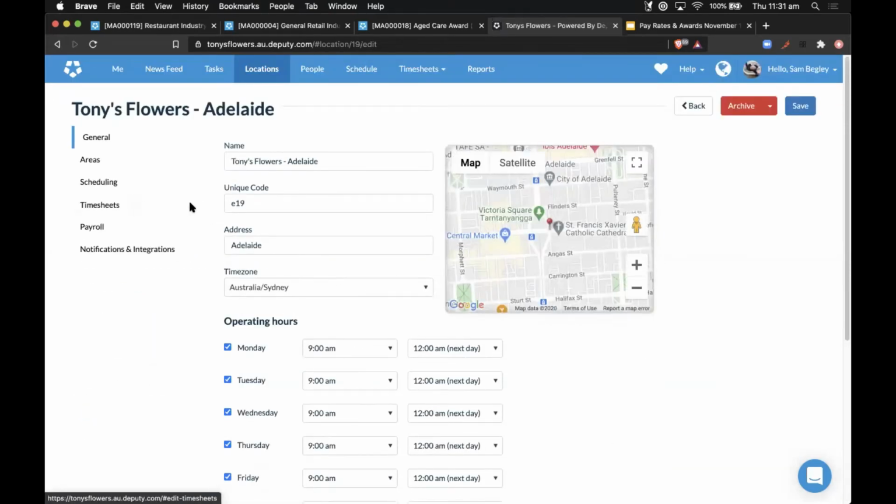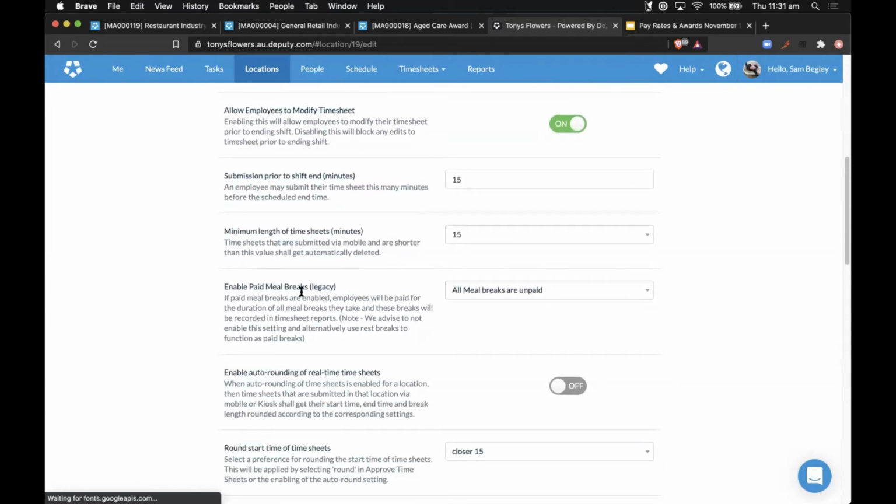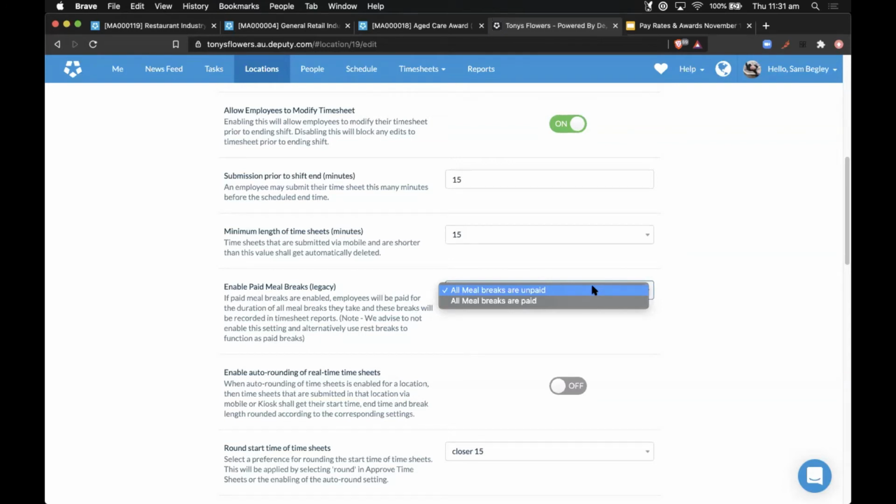And when we go to the timesheet section and we scroll down, you'll see that here you've got enable meal breaks. And so basically, if you have meal breaks as unpaid, when you record that, it'll take that off the hours worked against the hourly rates of pay or the award or whatever. So this is really good to know. It might be quite clear to look in the pay rates and edit pay rates, but for how a timesheet is indexing hours total for the day, it's good to refer to the location settings for how breaks work.